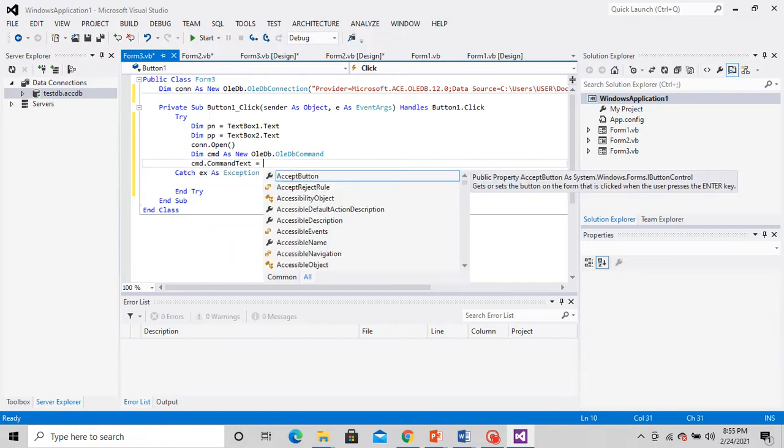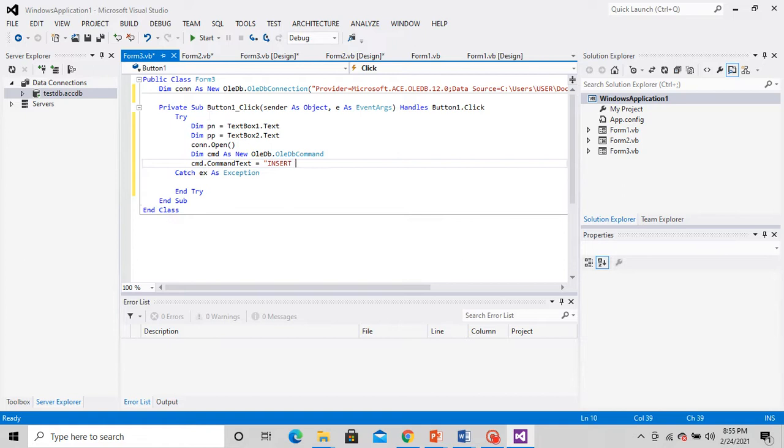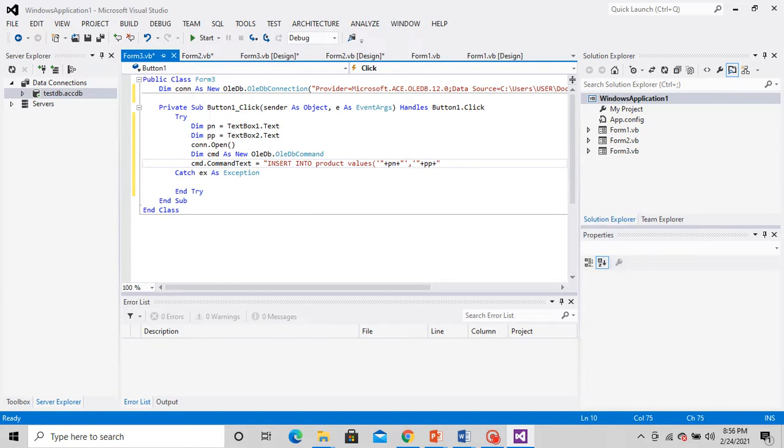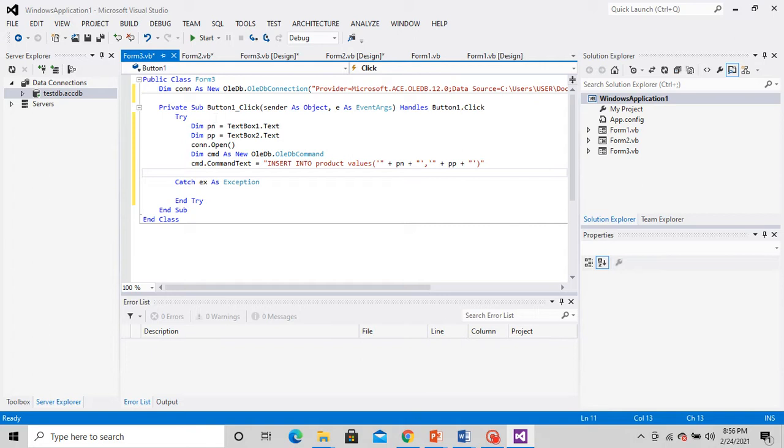Okay, cmd is the new OLEDB command. Why have I formed a new OLEDB command? To write the SQL command. For insertion we have an SQL command as insert into table name values, right? I'm writing the same thing here. Since product name is a string, I will put it inside single quotes.